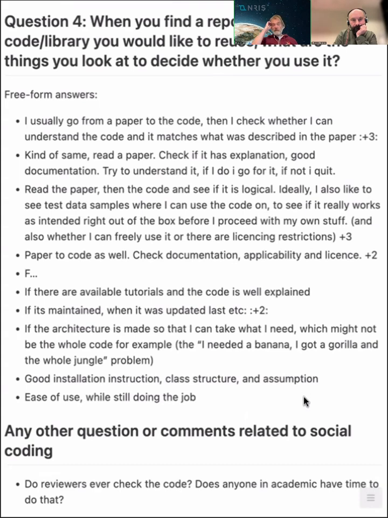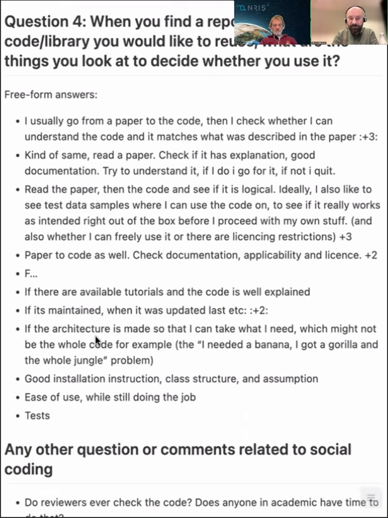And also see if there are frequent updates to the software. What about you, Enrico? Yeah, I agree with what the people wrote here. Especially this, I find it really important that it's maintained. I know that sometimes there's very specific software that maybe hasn't been updated in 5 years, but because you specifically need to use that, what can you do?